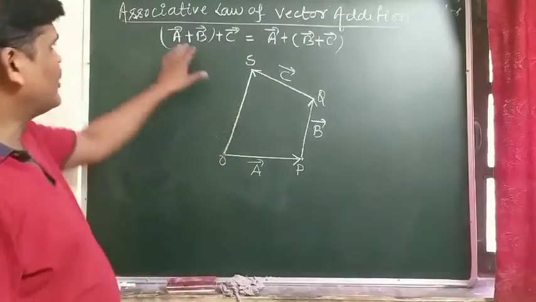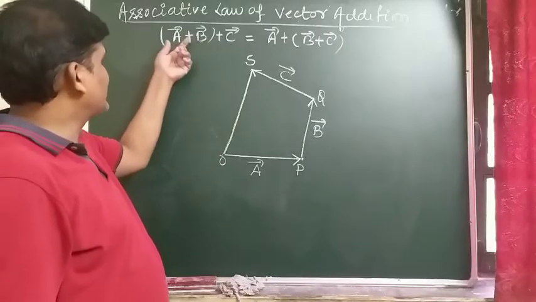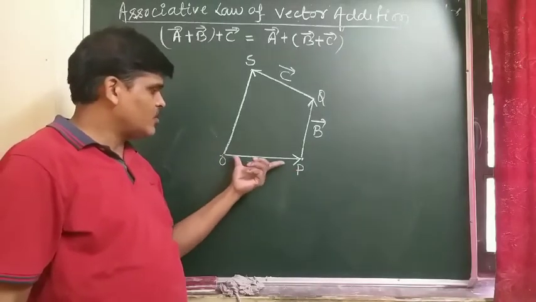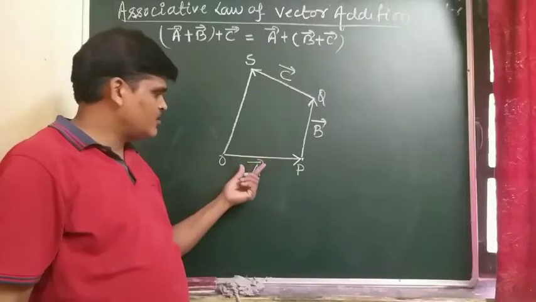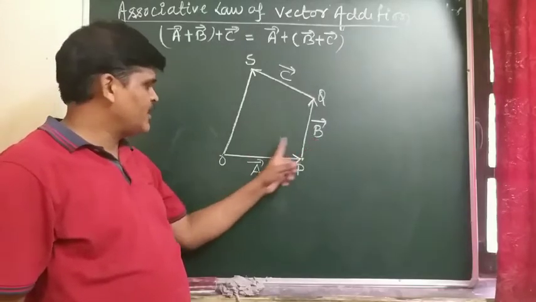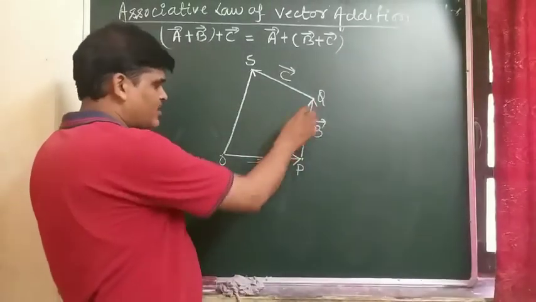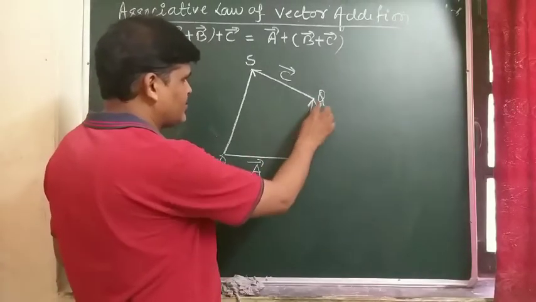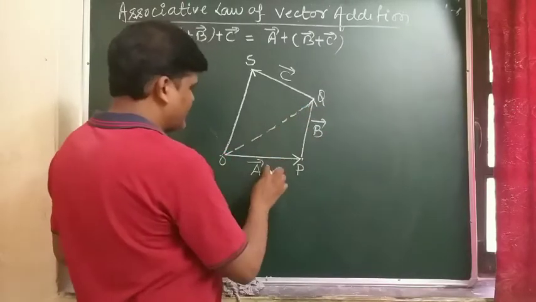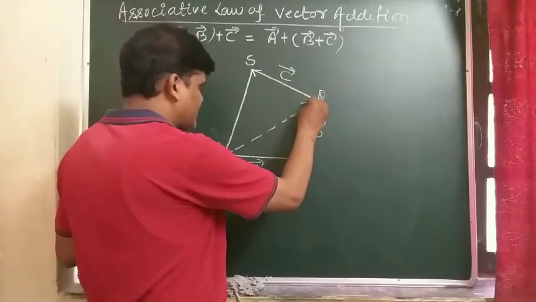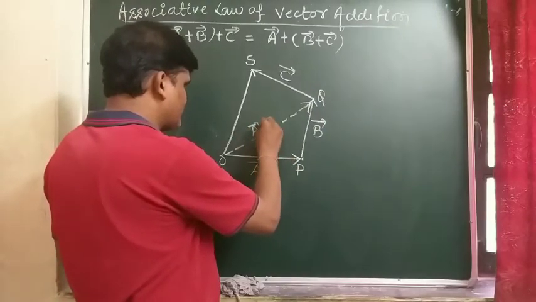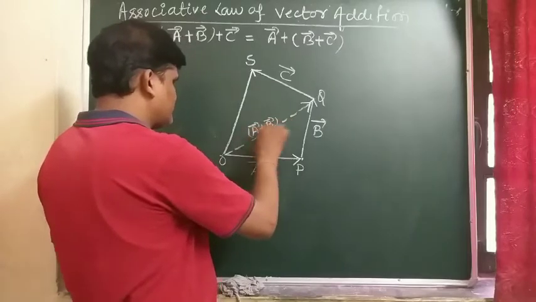We have to show it. So we use vector A plus vector B. It means OP, the side of the polygon which denotes vector A, and PQ, the side which denotes vector B, and we have to add them. The head of vector A is joined with the tail of vector B, and the resultant of vector A and vector B is taken in reverse order. So this is vector A plus vector B.